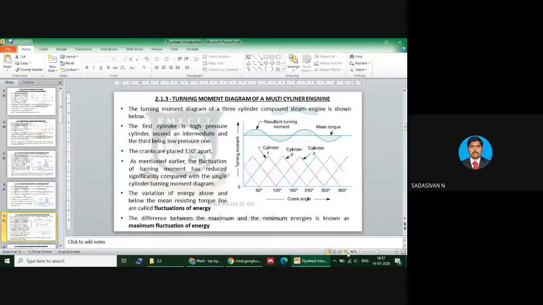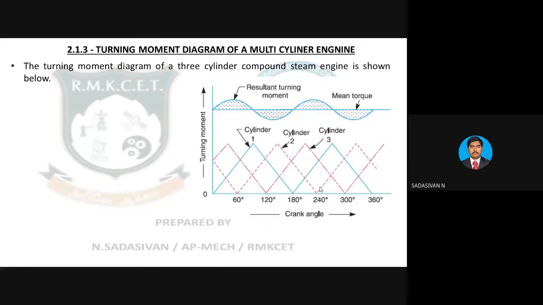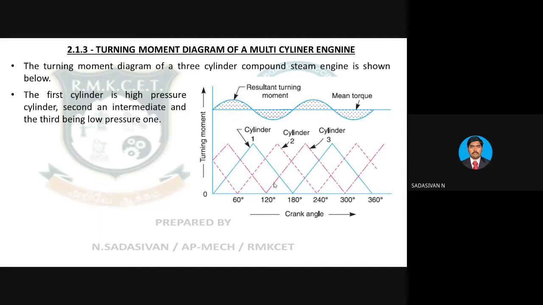3-cylinder engine. When I increase the number of cylinders, what is happening if you observe? This fluctuation is slowly getting reduced. The scientific reason behind that: you are going to have 3 power strokes in one complete cycle, correct? If you have 3 cylinders, you arrange the power strokes in such a way that when the torque dips down, I get one power stroke there. Another, when the torque minimum comes, I get another power stroke. So the variation in the torque available at the crankshaft is reduced because of multiple power strokes available within one complete cycle, which is around 2 revolutions for a 4-stroke engine.